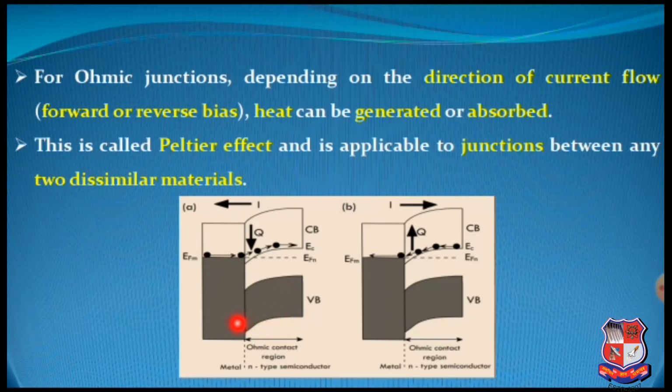So, number 1 and number 2 are different phenomena where, as you can see, the direction of current differs: this is the forward bias, this is the reverse bias. In the forward bias condition, the heat is absorbed inside the material, and in the other case heat is generated. So the first figure, figure A, can be used for absorption of heat, that means for cooling down, and figure B can be utilized to generate heat, meaning to raise the temperature.